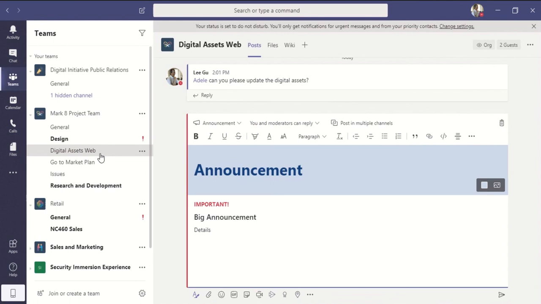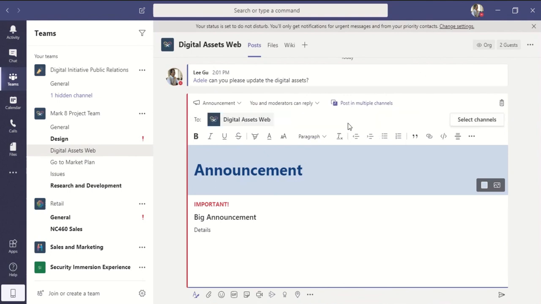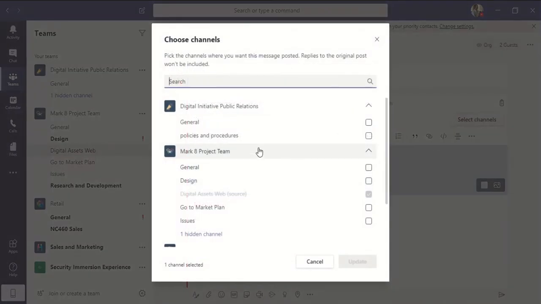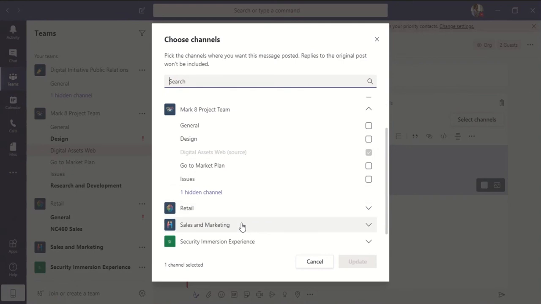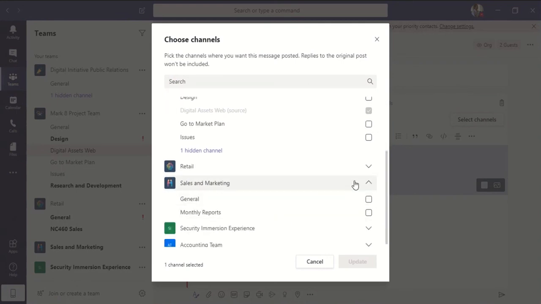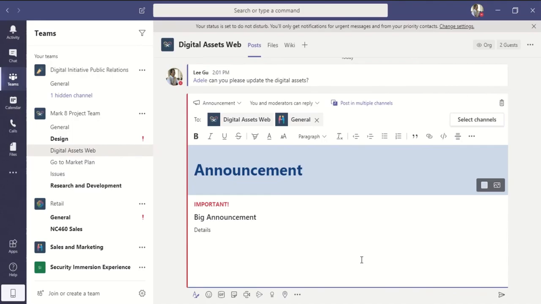But what if there were another team where I needed to make this announcement to, and they live in separate channels within my Teams tenant? Quite simply, I can say post in multiple channels. I no longer have to recreate this announcement with the same form and function in a different channel. I can just use this option on the right here and select additional channels, and it'll expose all of the teams and channels within my tenant already. And let's say the sales and marketing team could need this announcement as well. We'll just hit update. And when I click send,